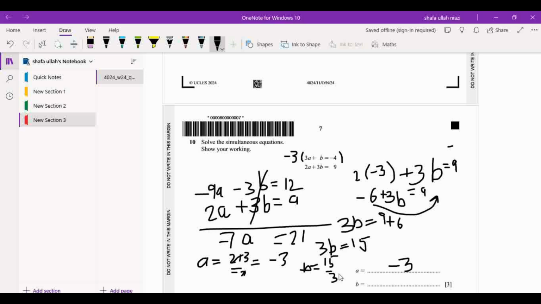When you divide this number 3 for 5 times, the answer is 5. So b is equal to 5. This is our answer: a is equal to minus 3 and b is equal to 5. That's it. Next is